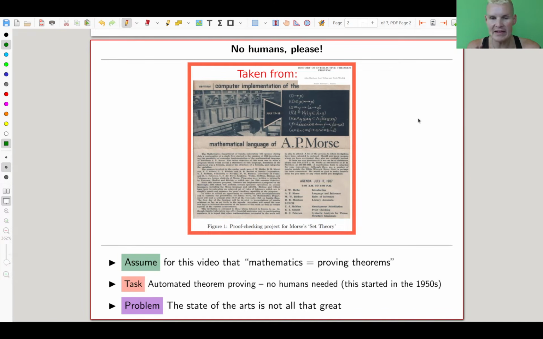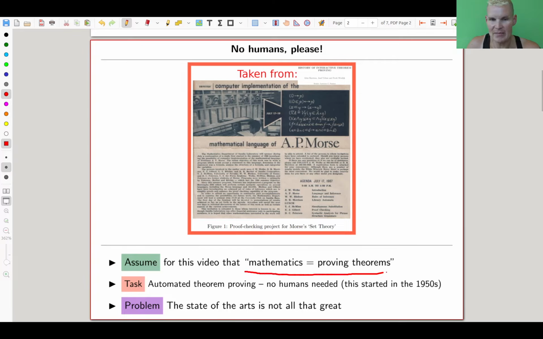And immediately as that started, they started thinking about mathematics: maybe we just formalize everything, right? So this idea of formalizing everything, just writing down very carefully a formal proof, is very old, and doing it on a computer is in the 1950s. Essentially, a computer should be very good at that, huh? And let's just make the assumption, which is a completely ridiculous assumption, very far from being true, but for this video, just do it.